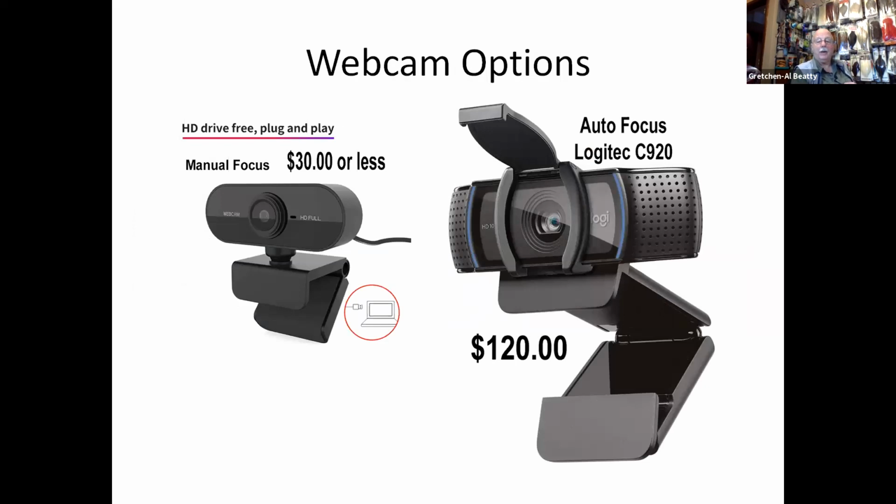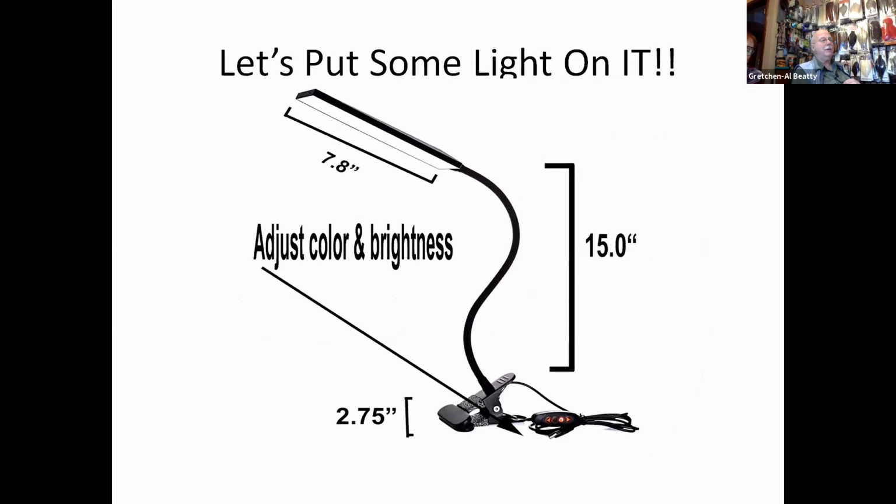It'll all of a sudden quit working, and then it'll catch back up. Weird stuff. But anyway, you need to plug the camera straight into the computer and not through a hub. Anyway, if you recall in the first picture, we were looking at swing arm lamps and all the stuff that